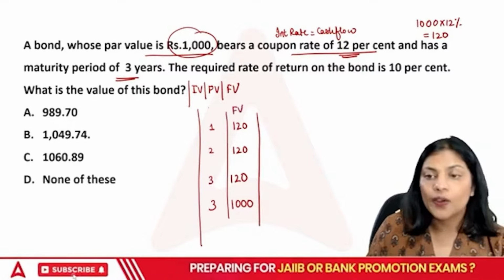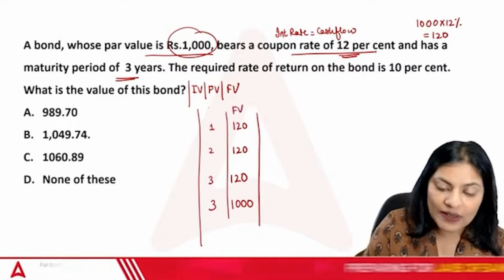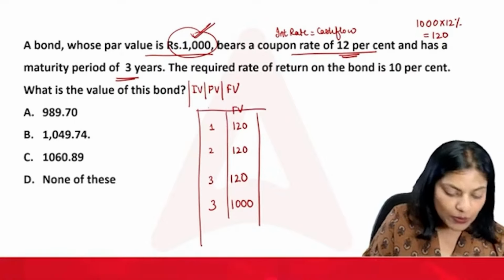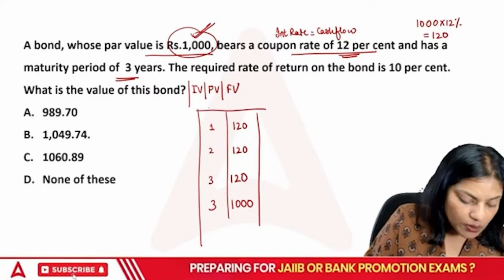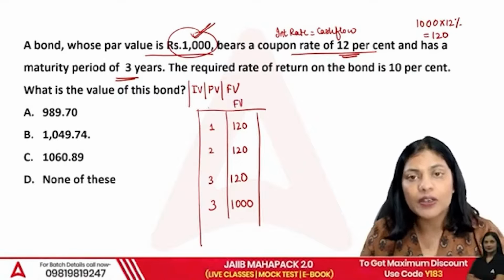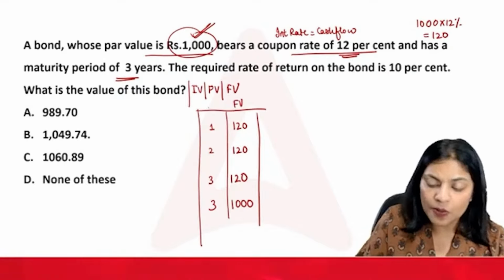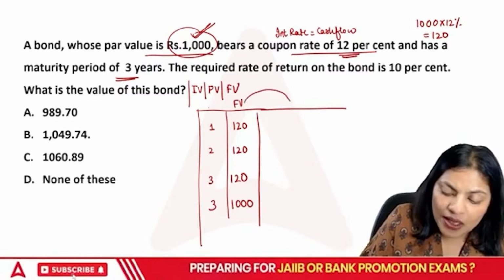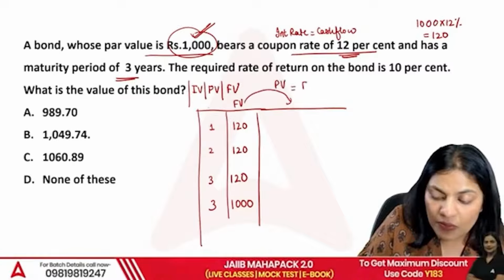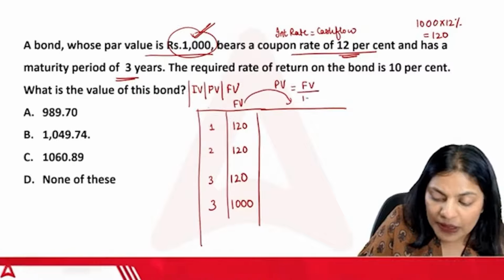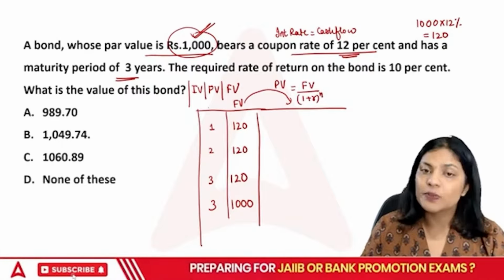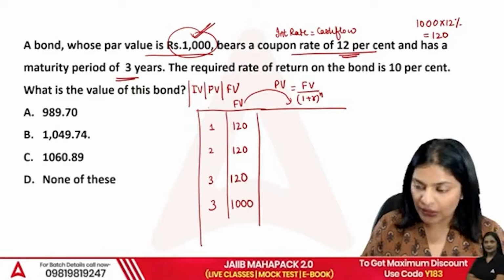And all this is future value. Now, you are investing the amount today, correct? And this is the return that you will get in future. In order to measure whether it is worth it or not, or what is the real value of our bond in terms of present value, we will have to convert our future value into present value. When we do so, we will use the formula future value divided by (1 plus r) to the power n. This will give us present value. So there is a trick also. That also I'll teach you.